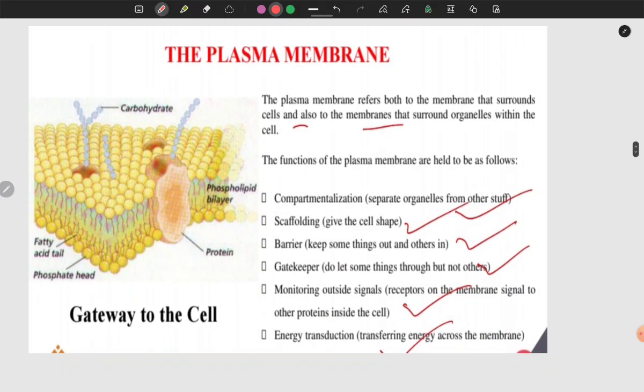So the plasma membrane refers both to the membrane that surrounds the cell and also the membrane that surrounds the organelles. It is the layer between the external environment and the inside of the cell. It's kind of the dividing layer that divides both of these, and it has its functions, that is compartmentalizing. It separates the organelles from other stuff, which we will come to know. And it gives the cell a shape, a scaffolding shape, and it is the barrier which protects the cell from other